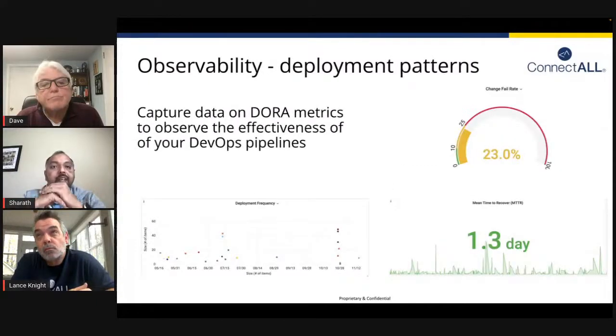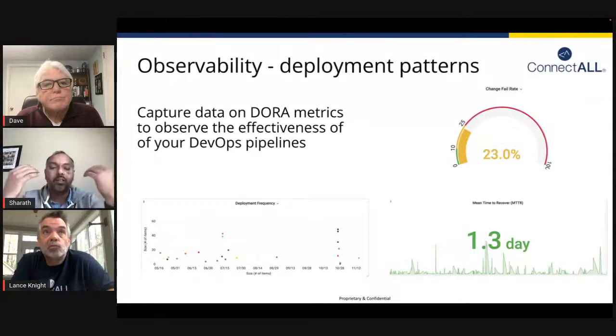At the same time, when you want to look at your DORA metrics, organizations understand what is the change rate, failure rate, what is the deployment frequency, what is their mean time to recover, right? These are the metrics that are well known in the market, in the DevOps space. But just knowing this metric is not good enough, right? You need to also be able to provide data for the users so that they can take those corrective actions and improve their value streams.